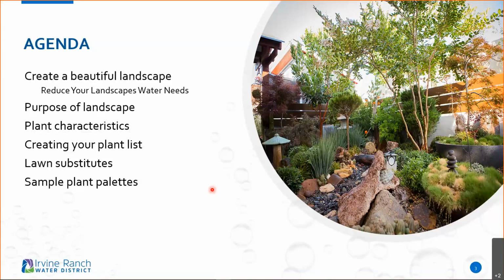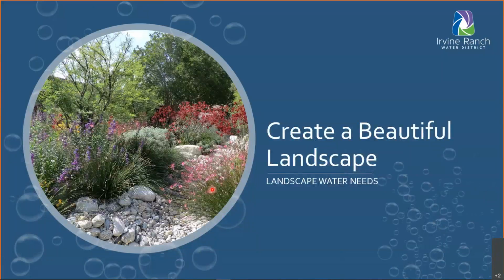And then, I'm going to concentrate a little on California native plants, and we'll talk about that. Sometimes, we say California native plants, and the idea comes out that it might be just cactuses and sticks and stuff like that. But we're talking about California plants, and what a vast number of plants we have, everything from desert plants, coastal plants, everything you can imagine. We can have a vibrant green flowering garden year round with very little water. So we're talking about water and landscapes. Once again, the idea of any of these workshops is to create a beautiful landscape, and try to make it as sustainable as possible.